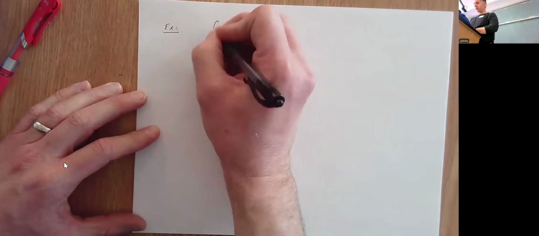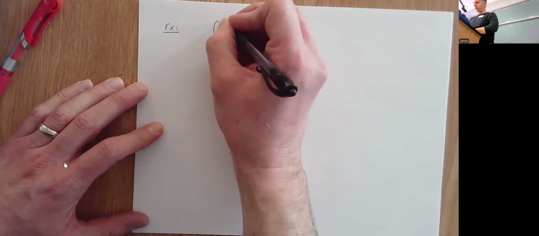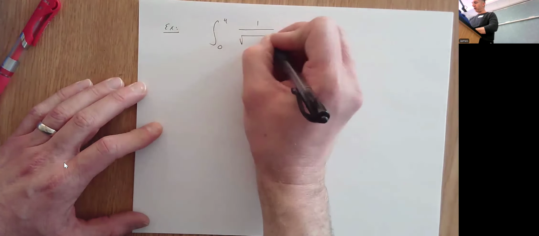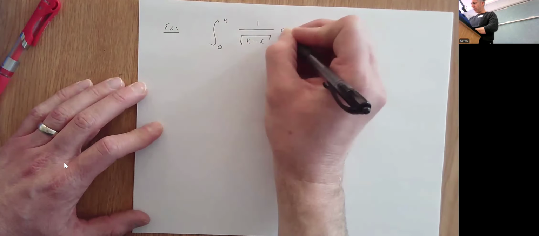He did at least one or two examples where it wasn't that the integral had an infinity or a negative infinity, but the function you were integrating was undefined somewhere on the interval of integration. If you're lucky, it'll be one of the endpoints. If you're not lucky, it won't be. Here's what I mean. This problem, the integral from 0 to 4 of 1 over the square root of 4 minus x dx